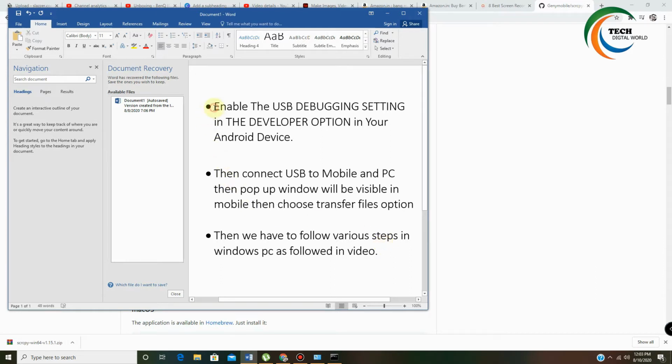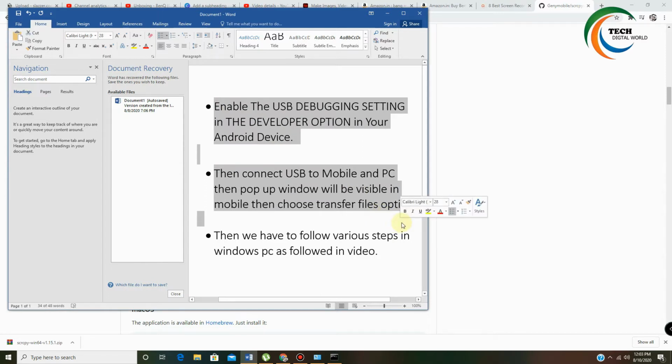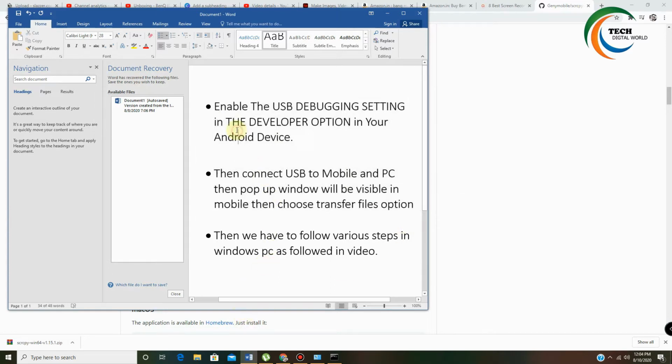First of all, we have to enable these two options. This is an important step before you proceed in this video. Once you follow these steps, you have enabled the debugging option on your Android, then a pop-up window will appear, and you have to click on transfer files.